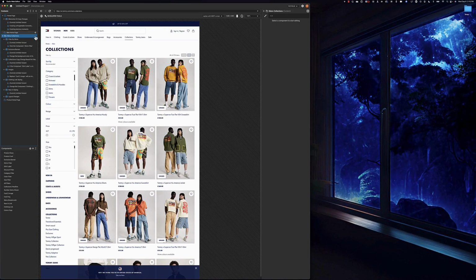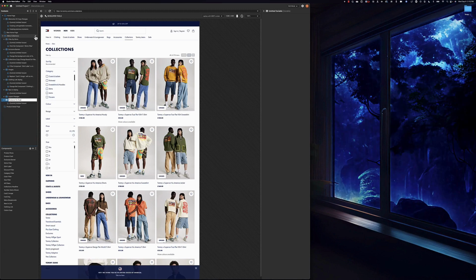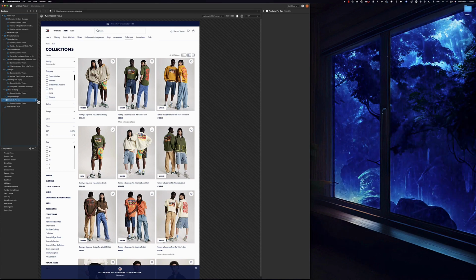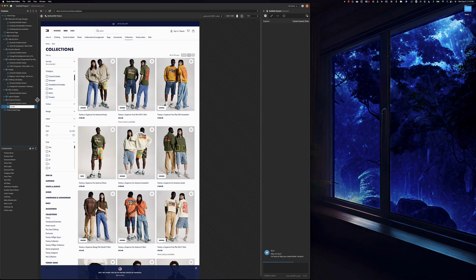Now what I'm going to do is create a new variable, and I'll call this products per row. Awesome. And I'm going to go ahead and add a variant here. So for the component, product rows, please present 5